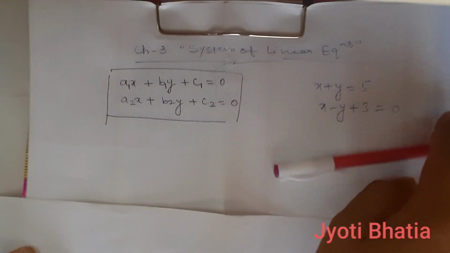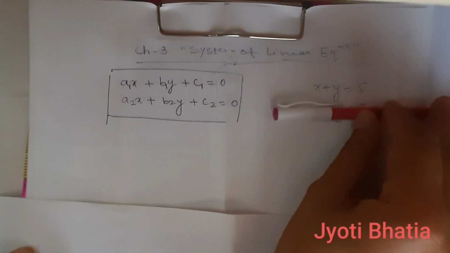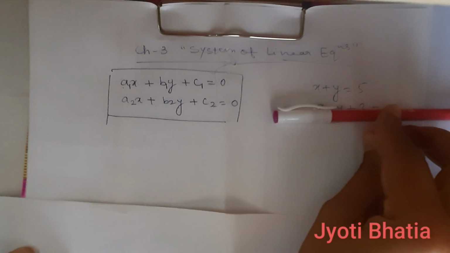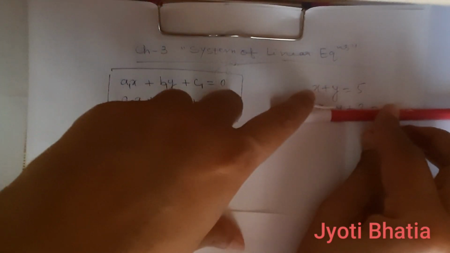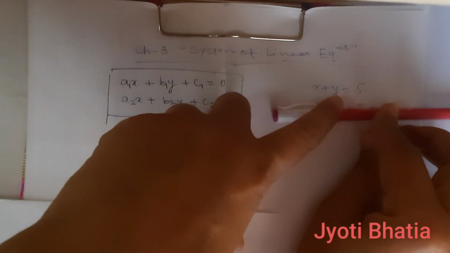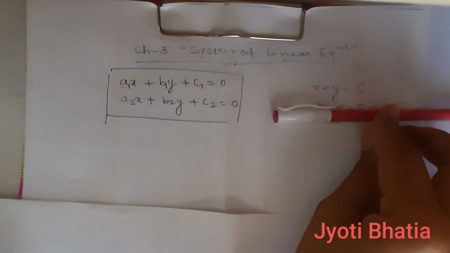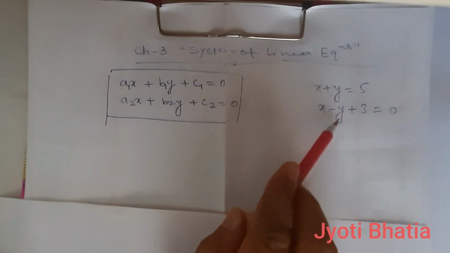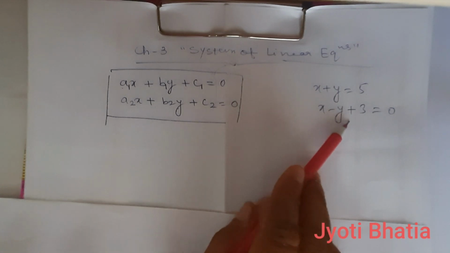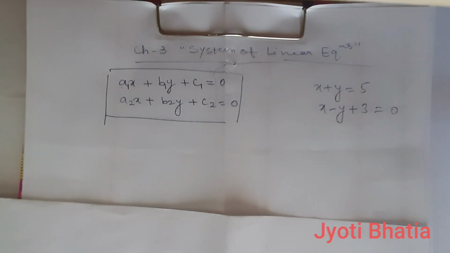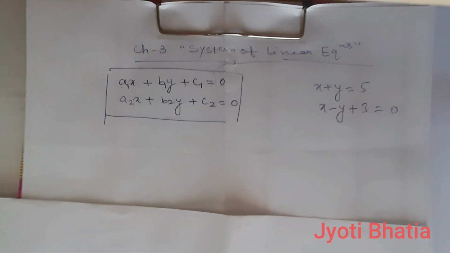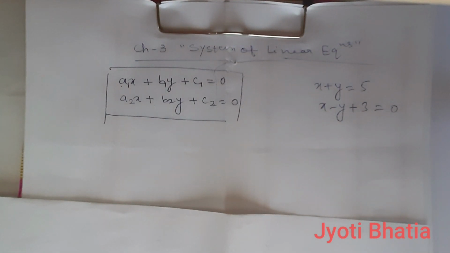Now we have to learn how to solve a pair of linear equations. You know, if I give you a single equation x plus y is equal to 5, you can find infinitely many solutions to it. For every value of x, you can get a value of y. But if I have to solve a pair of linear equations like this, we have to see the various cases possible. The beginning of this we have already done in the form of activity 6 in your maths practical file, where you have done 3 graphs. You were given 3 different kinds of pairs of equations.